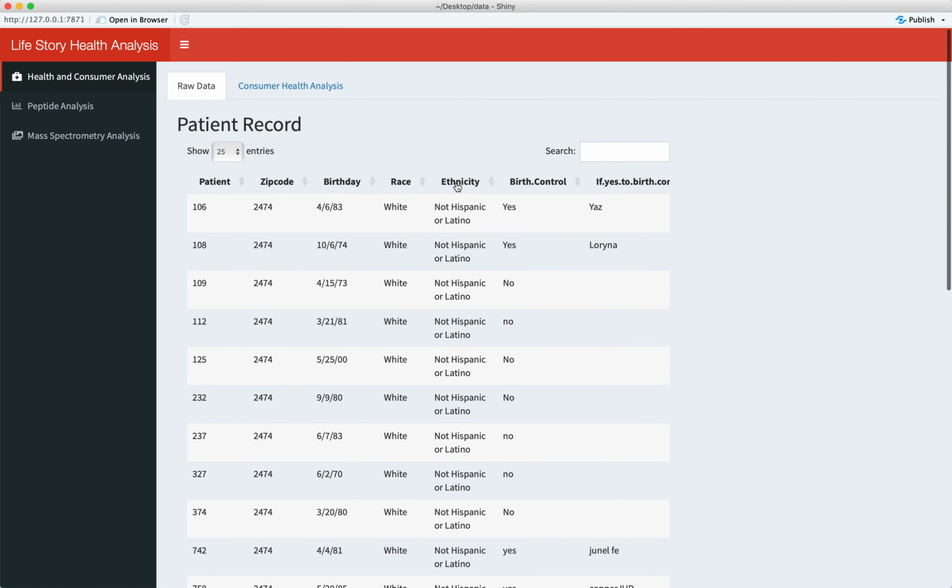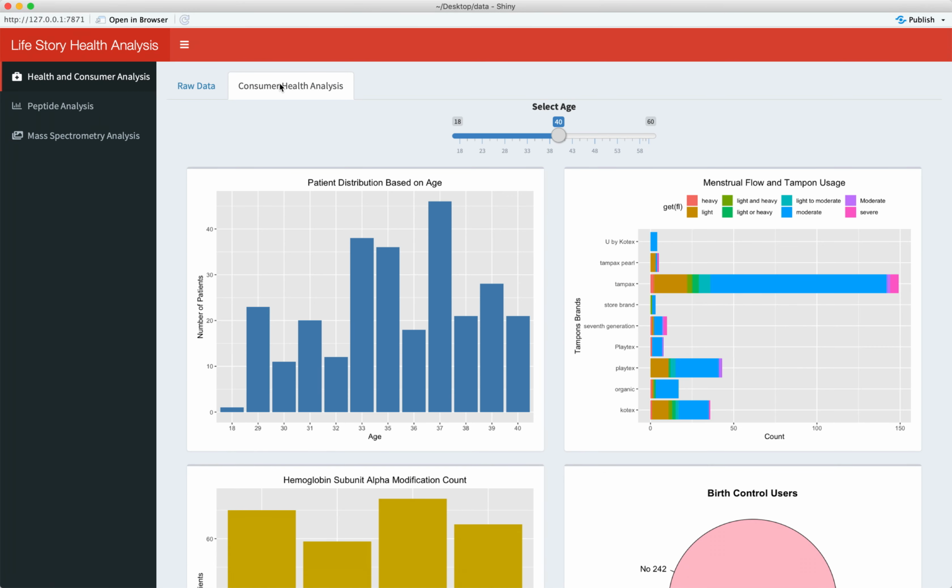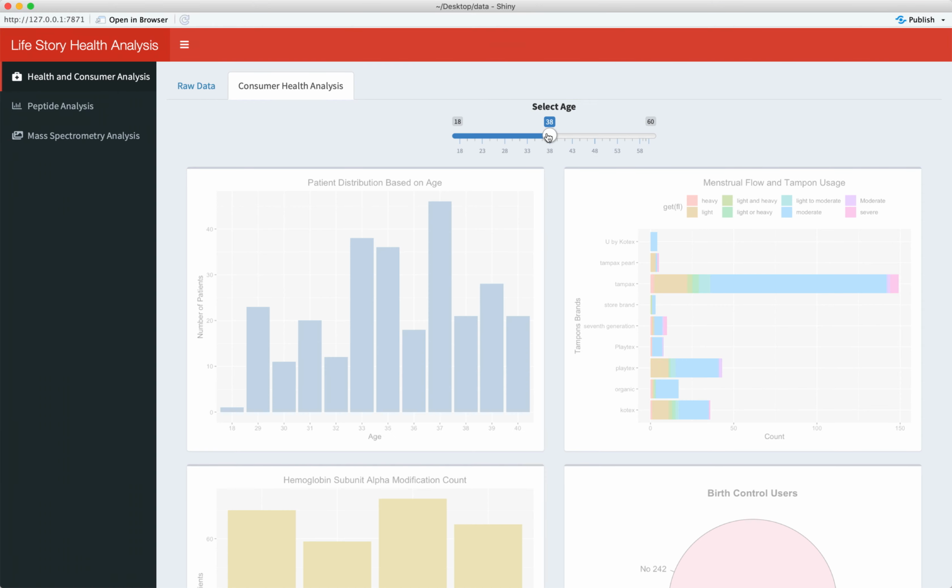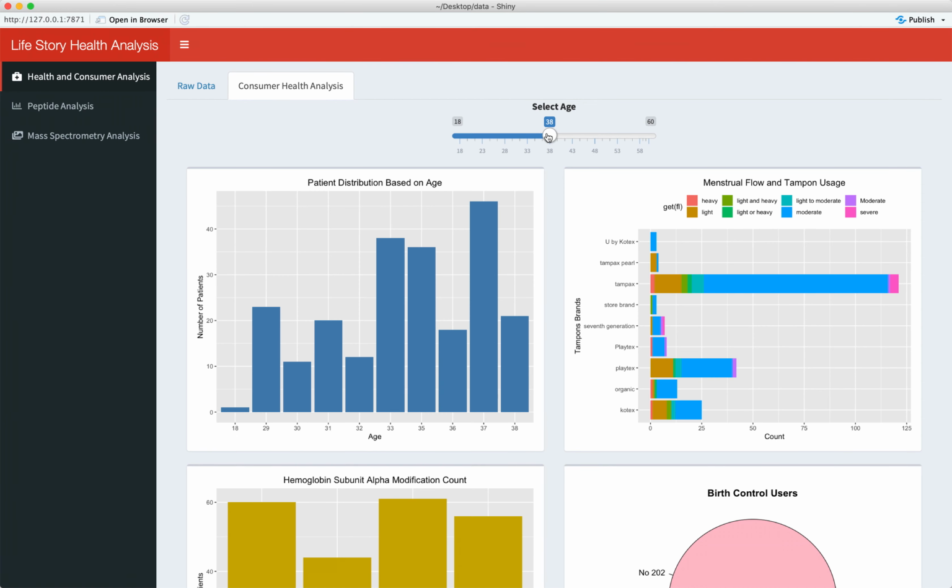The next tab is consumer health analysis. The dashboard has been generated by analyzing the patient records from the health and consumer dataset. Most of the analysis and visualization is an extension of the work done by the group in term A. The dashboard allows you to dynamically select the age group for which one may need to see the statistics.